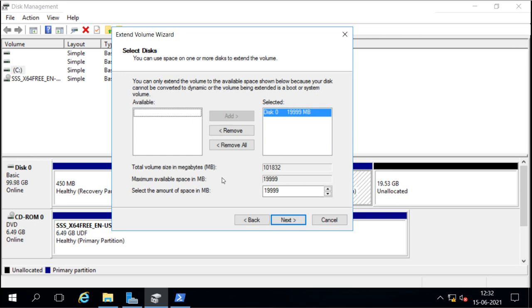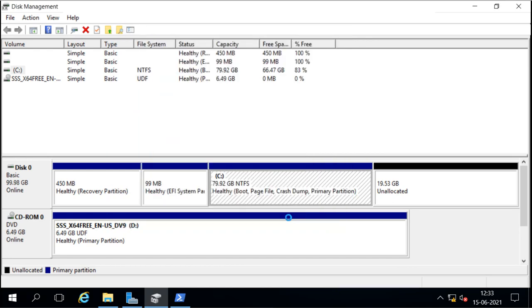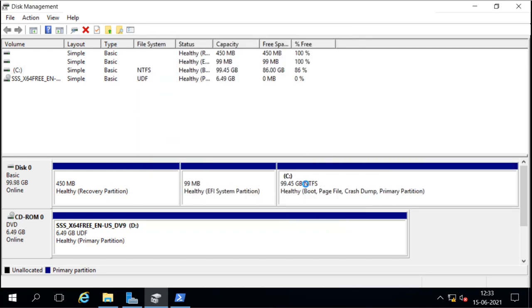If I select the whole 20 GB to extend, it will extend and the total will become 100 GB. Or if you don't want to use the whole space, we can use whatever space we want, or we can use the whole space. And now this C drive is back to 100 GB.